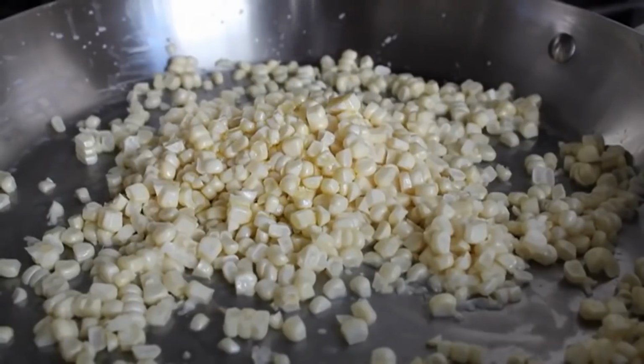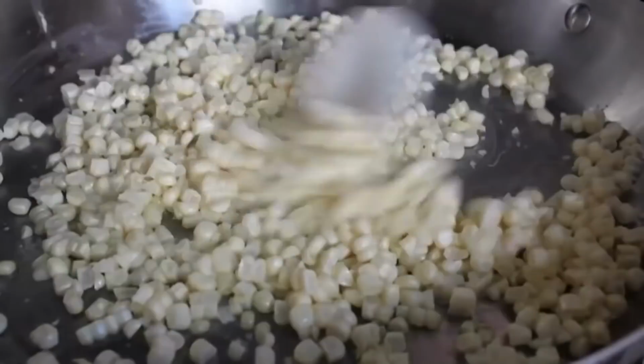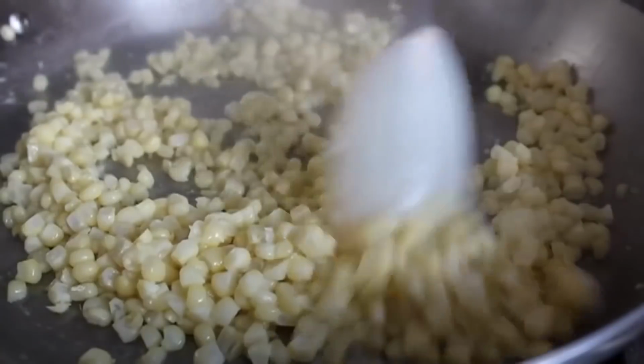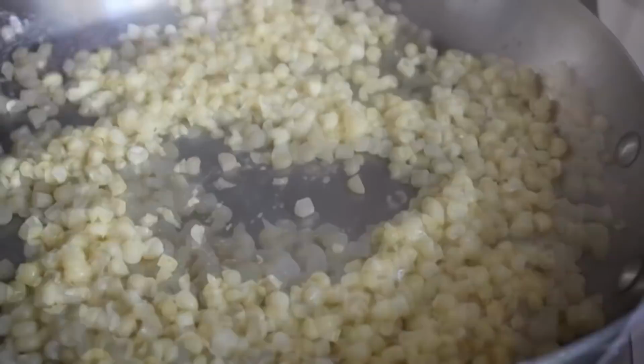And I'm going to put that on medium heat and cook it until it's kind of steamy and wet. And what we're making here is a very rich and delicious creamed corn without any cream or butter. I know it sounds impossible, but you're going to be amazed. All right, so we're going to saute that corn in the olive oil for about 3 minutes, at which point